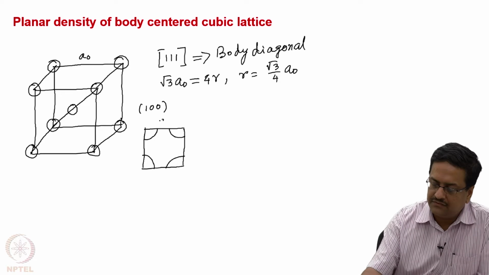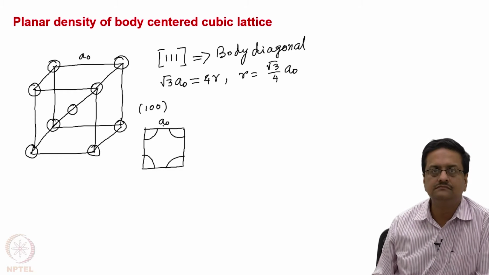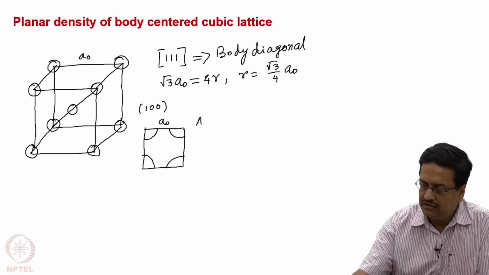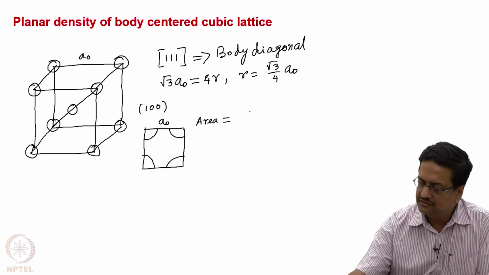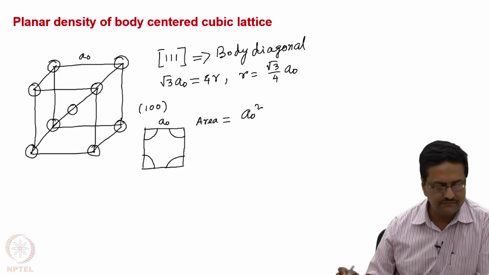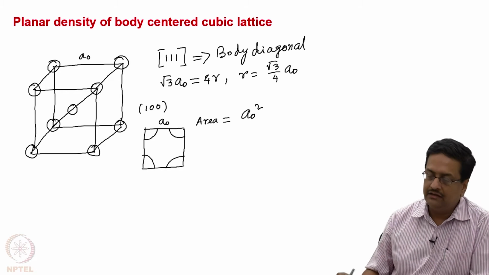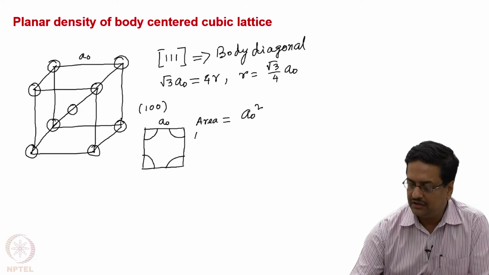The edge length for the face is A0, so the area of each face is A0 square, and the area covered